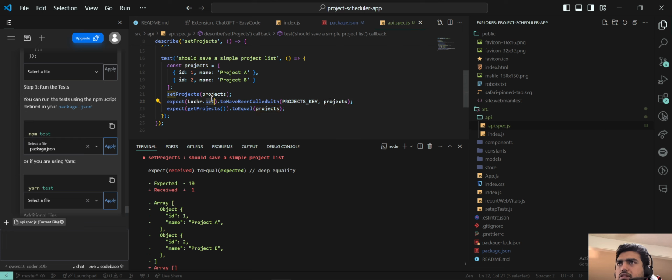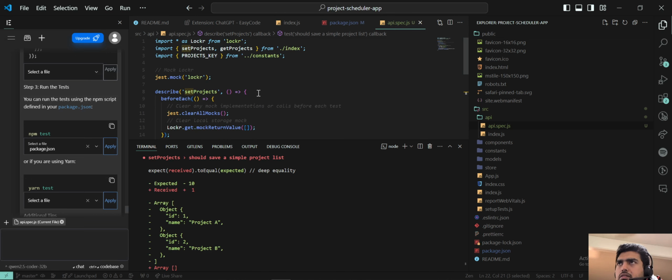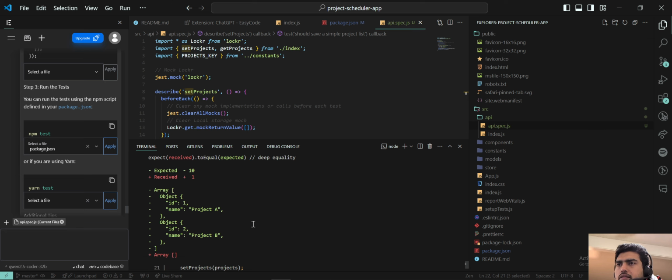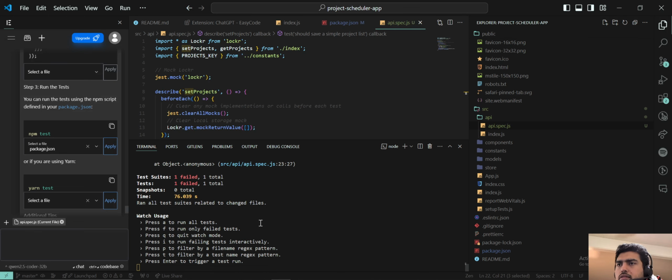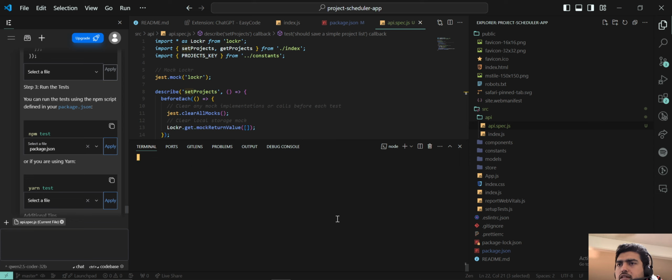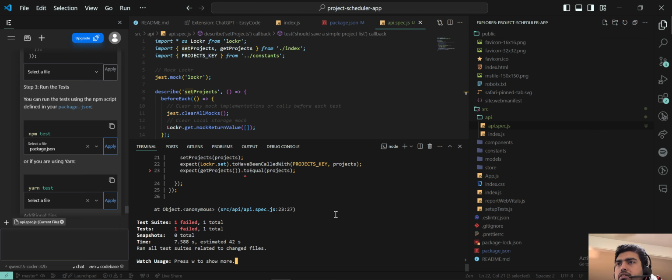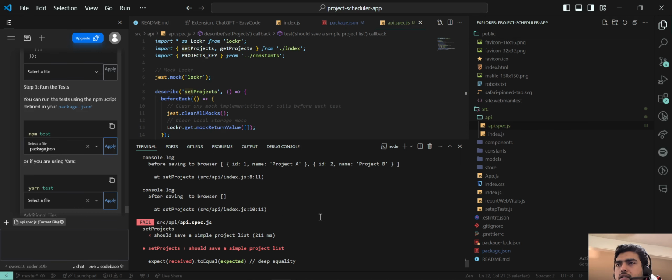And what is locker.set? Hmm, to be equal to projects. I'll type F to just run the failed test one more time. Maybe it's having some old data with which it didn't run. Okay. And now